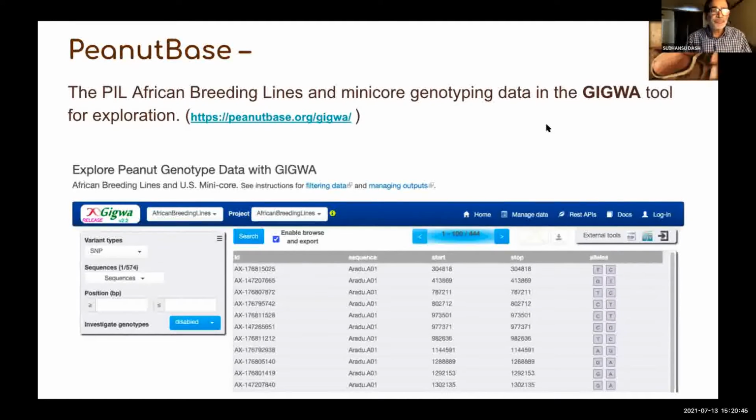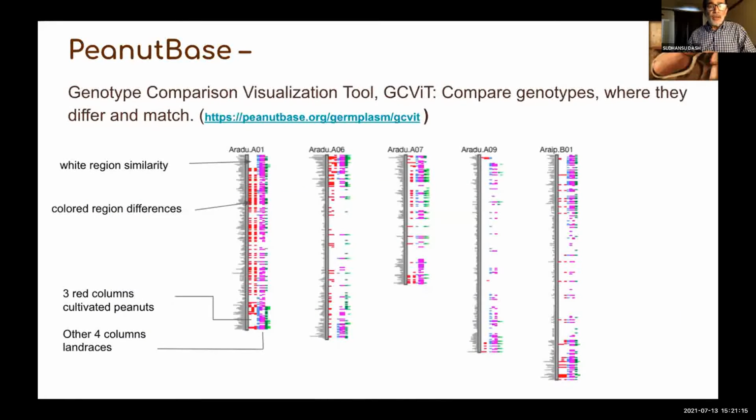Okay, got it. So when we had genotyping data sets from the Peanut Innovation Lab projects, the African breeding lines, we adapted the GIGWA tool to store those data. This was a tool that was very successful in helping us share with the community and a few simple explorations too. But we also felt the limitation of data, particularly the graphic visualization. So